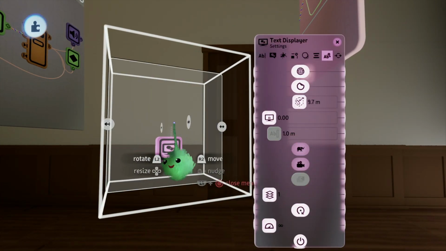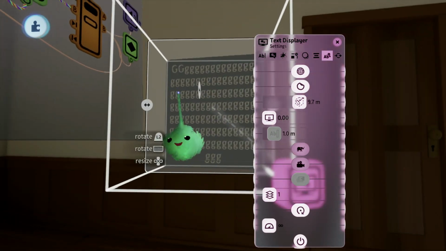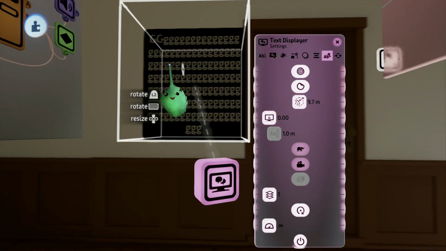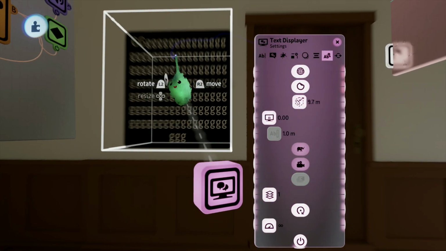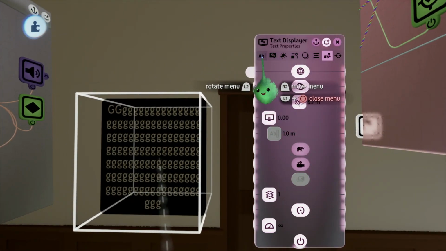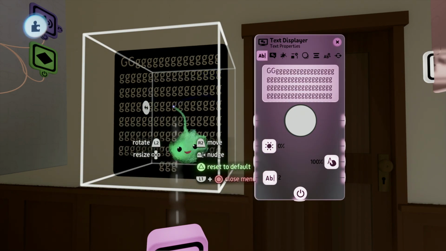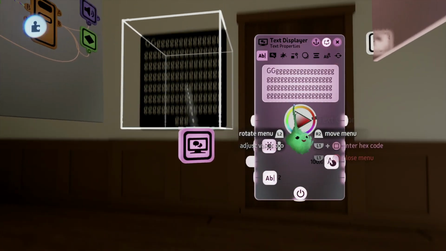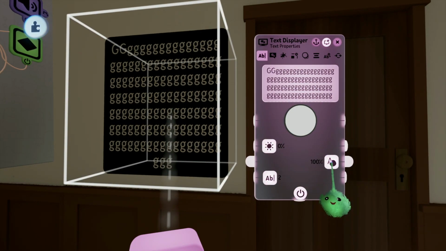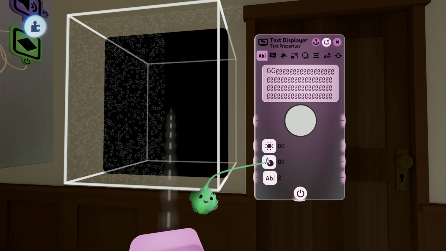Set it so you can change the angle. Then if you grab onto it with R2, you can clearly see the text is displayed on the wall. You could have an actual legible message like warning, slippery floors or something. But we're going to talk less about the text aspect and more of the